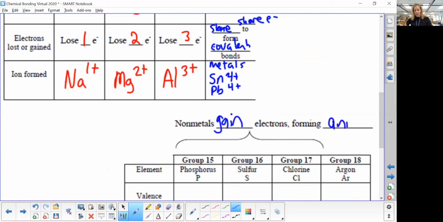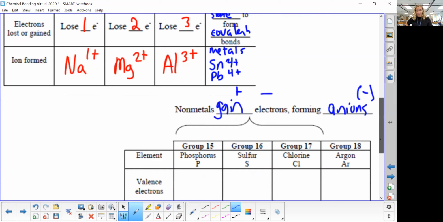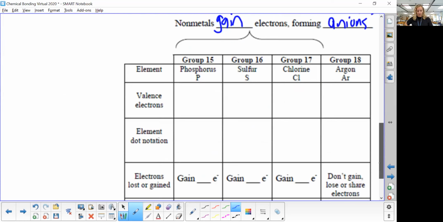And again, normally when students think, oh, gaining, they think more positive. Anions are negative because you're adding a negative. So if you're adding more negative, it's going to make overall the atom now an ion that's negatively charged. So if we look at this,